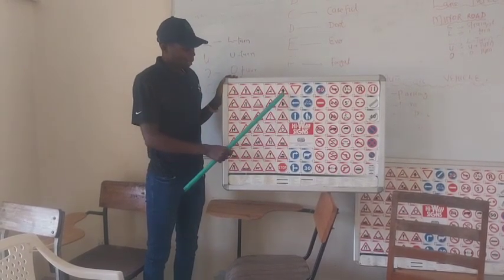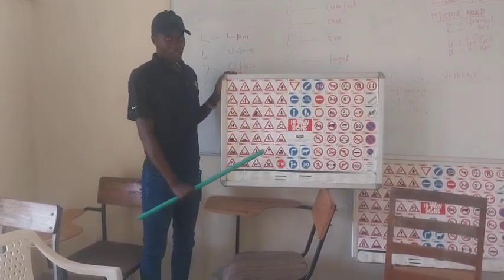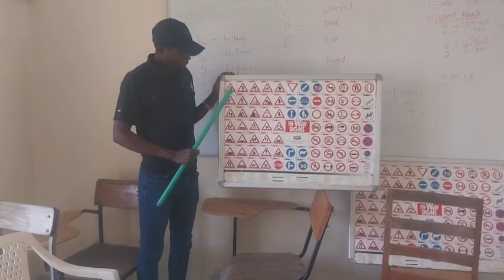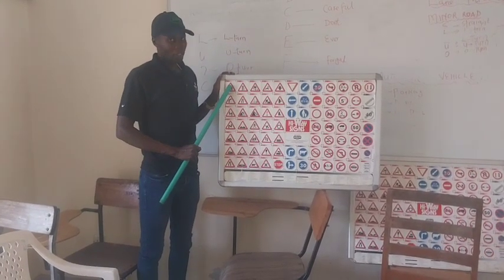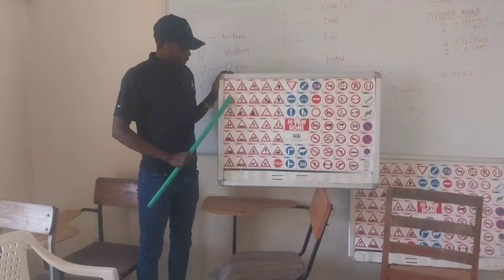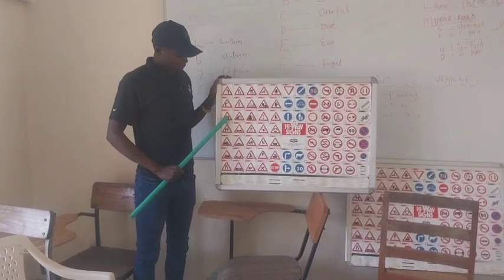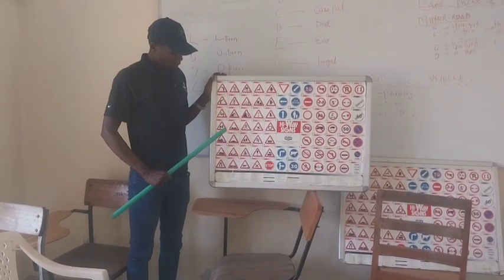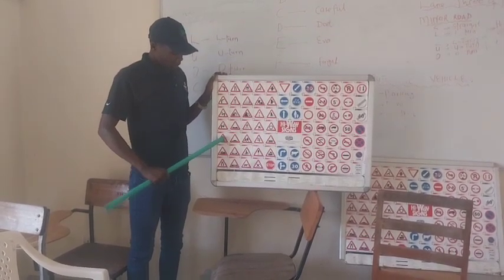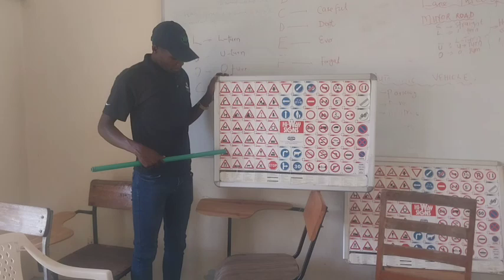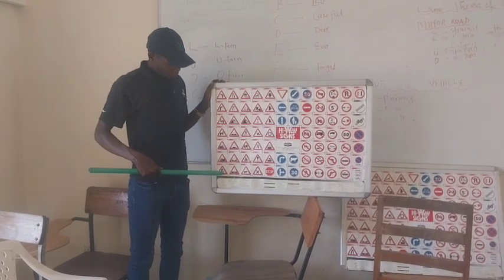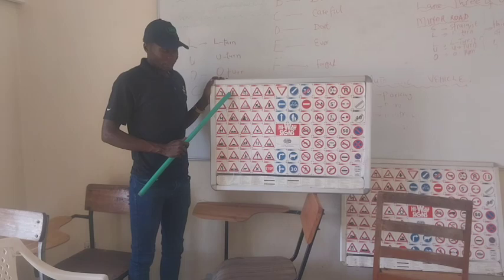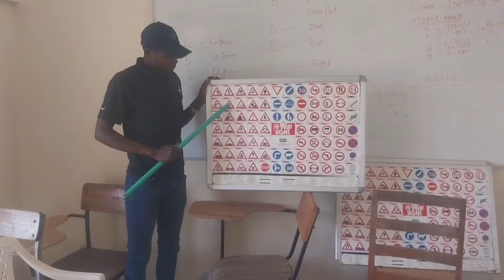So anytime you are talking about these triangle signs, you must say ahead. For example, this is sharp bend to the left ahead, sharp bend to the right ahead, successive bend to the left ahead, successive bend to the right ahead, steep descent, kuna mteremko, steep ascent, road narrows from both sides ahead, road narrow from right ahead, road narrow from left